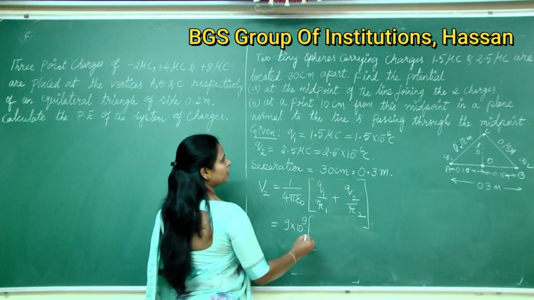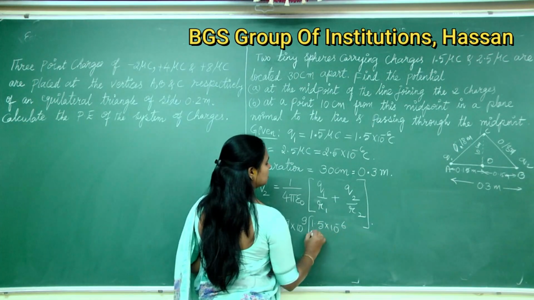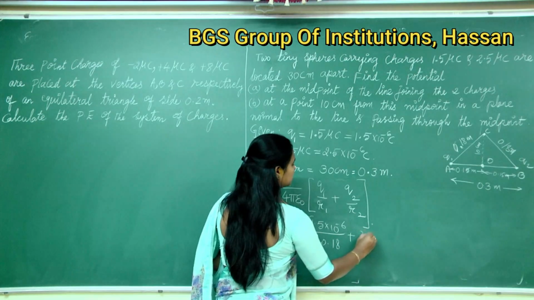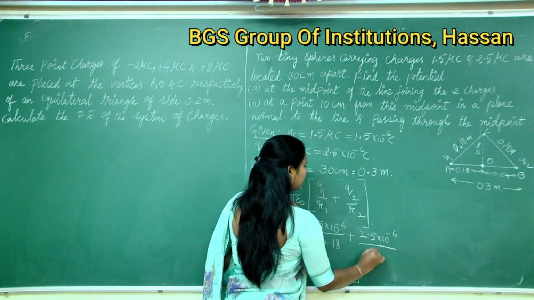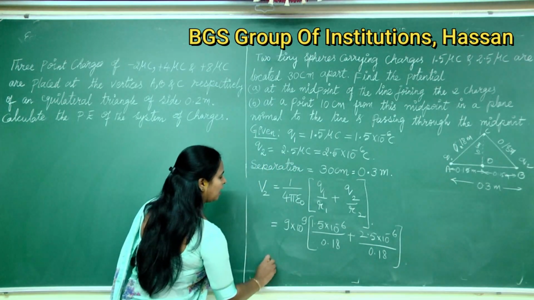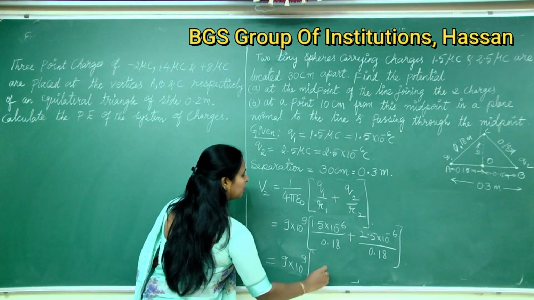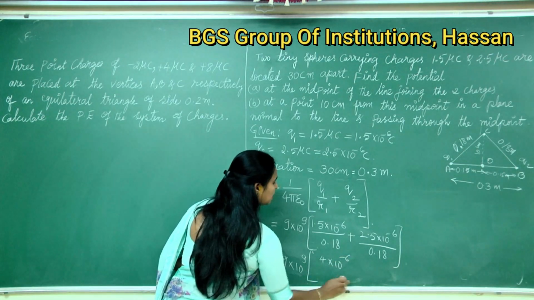What is the value of Q1? 1.5 into 10 power minus 6 divided by 0.18 plus 2.5 into 10 power minus 6 divided by 0.18. So here again we have the same value for the denominator. So directly we can add it, that is 4 into 10 power minus 6 divided by